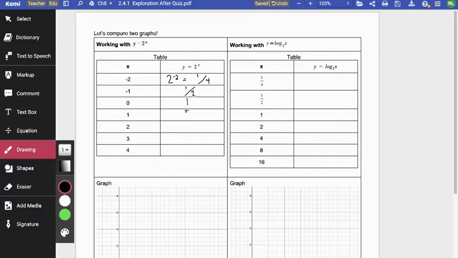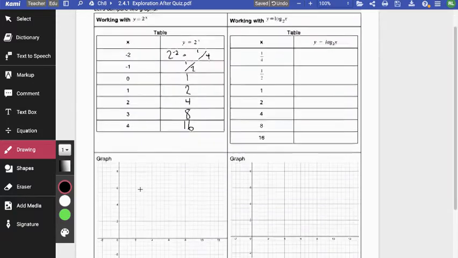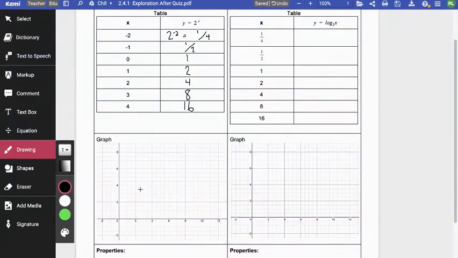And then we continue on with those x values, right? 2 to the first power, 2 squared, 2 cubed, and 2 to the 4th. And so with this 2 to the x table, we can start to take a look at what our graph is going to look like. So if x is negative 2, we're going to have 1/4. We're going to have a point right here. And if x is negative 1,